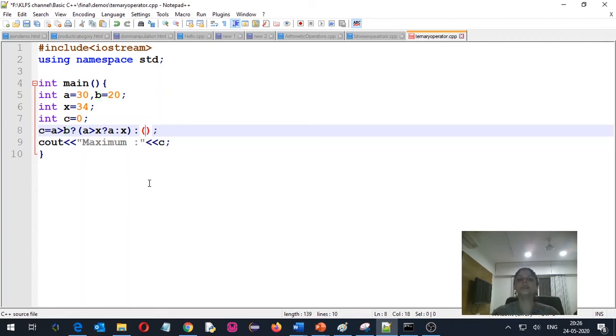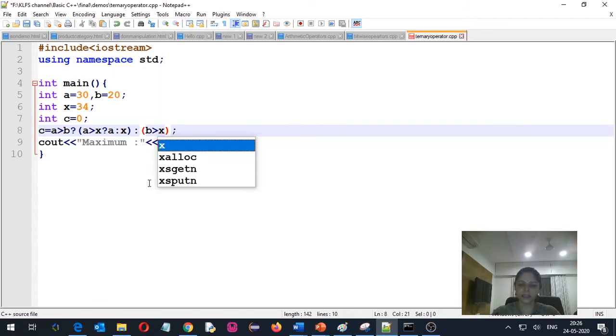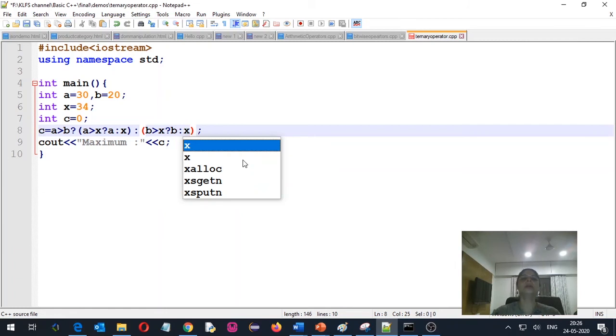So for simplicity, I am adding brackets over here. The condition I will have to check here is B greater than X. If this condition is true, then I want to say B is maximum. So here I will print B. And if this condition is false, then I want to print X.